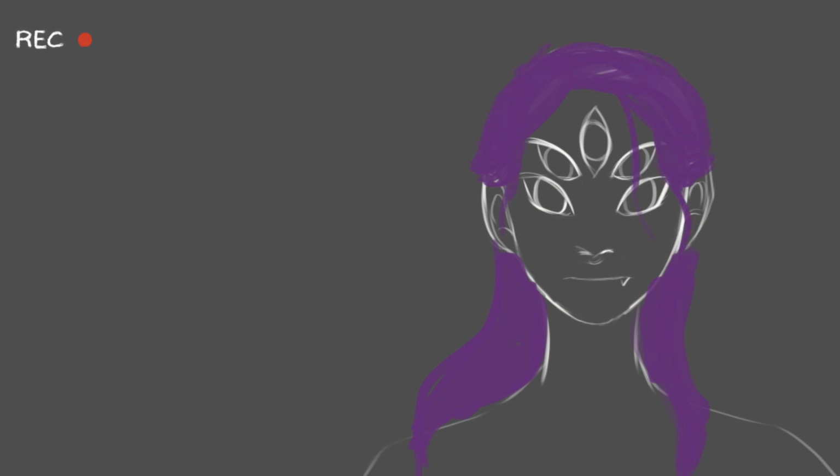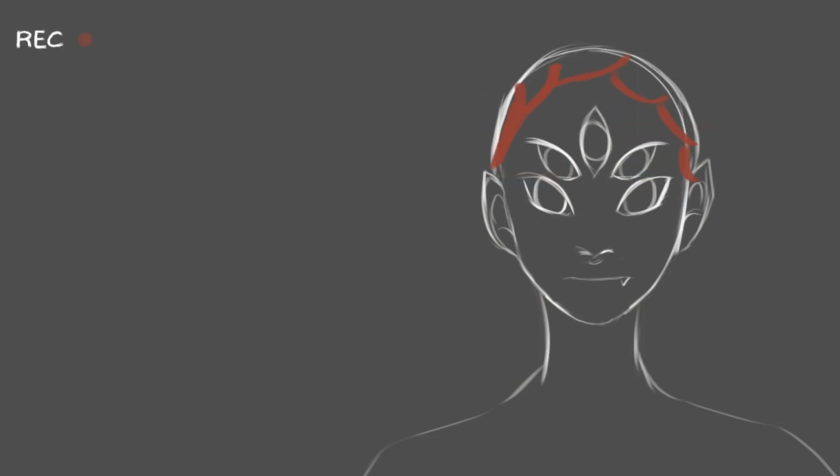The hair, I wasn't sure at first what kind of story I wanted to tell with this character, so I ended up making 3 different hairstyles. One being this wet and wild look, the other one being more sharp and angled, and the third one being a classical European old-timey hairstyle to give her a sense and air of royalty. In the end, I decided that the first hairstyle suited her the best.